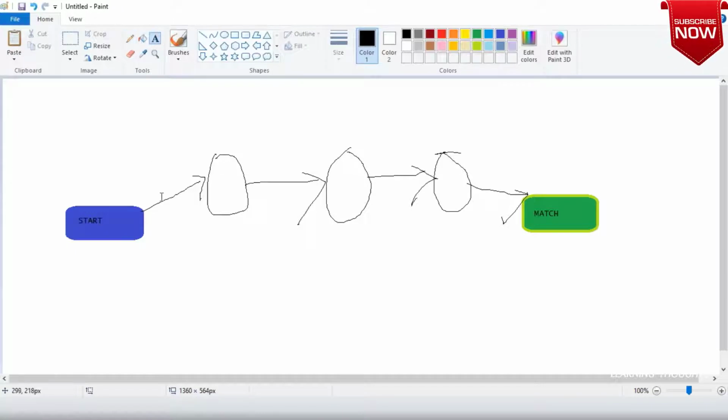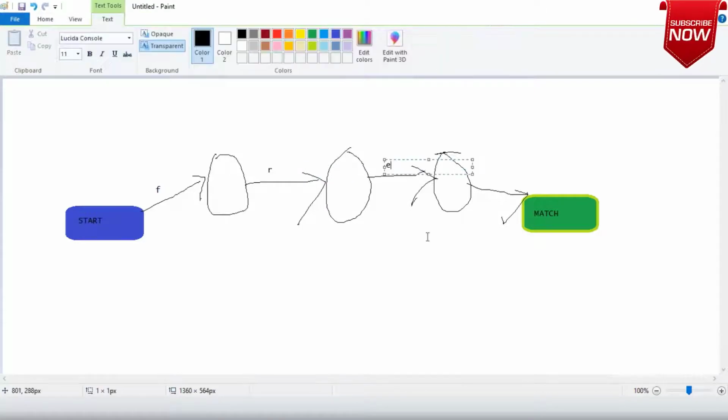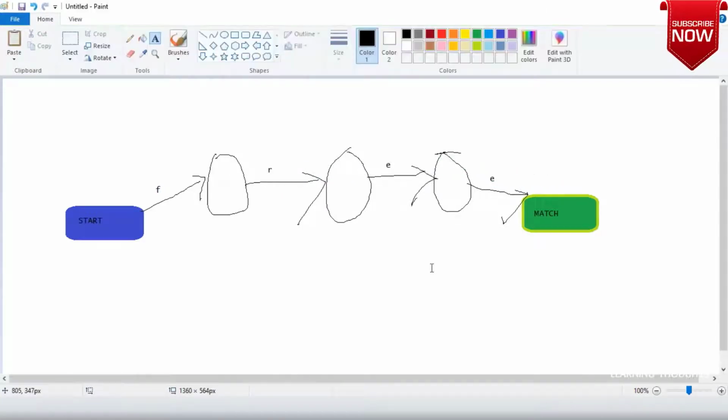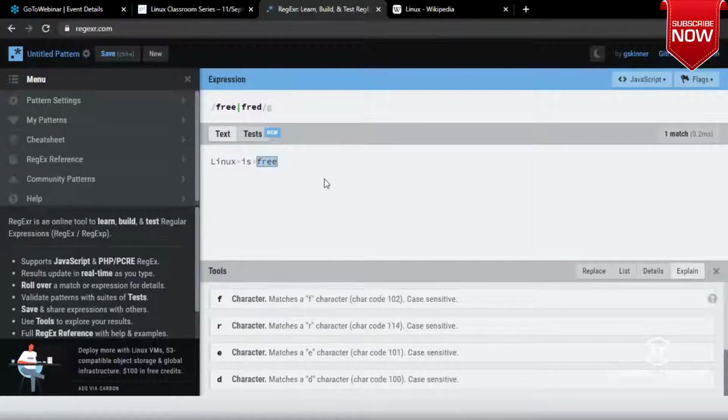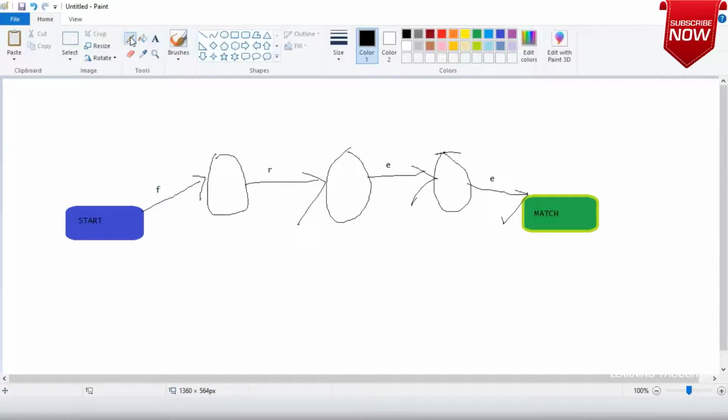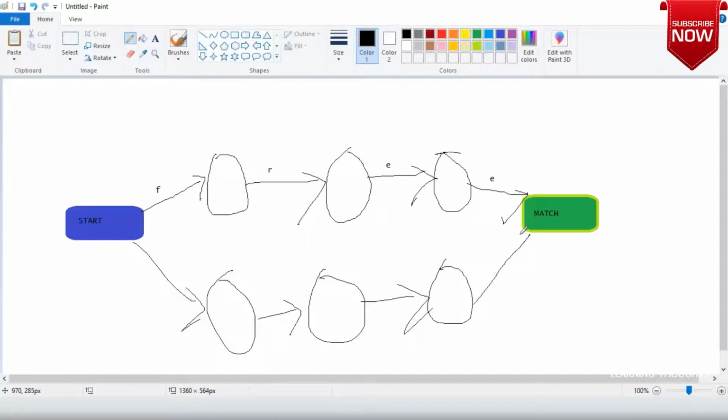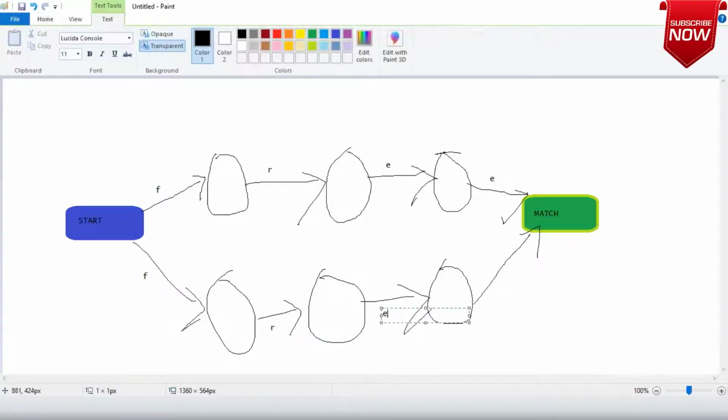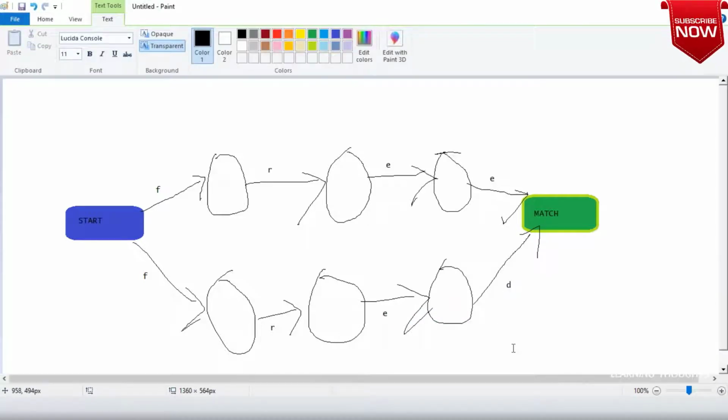So this is F, R, E, E. And then parallelly it might draw one more thing because you have said or. So it would go ahead and try to create something like this. Don't get me wrong, I can't do anything better than this when it comes to images with a mouse. So over here F, R, E, D, Fred.